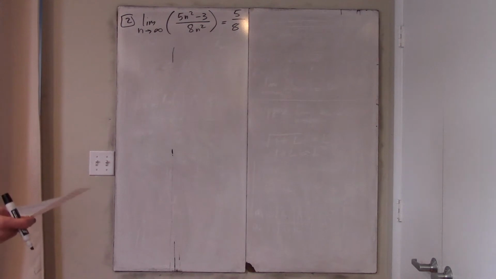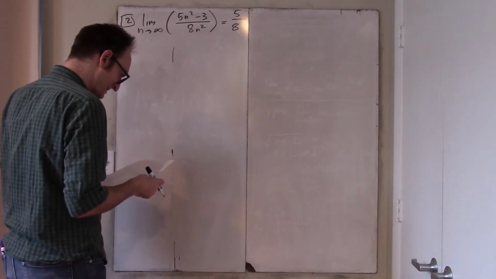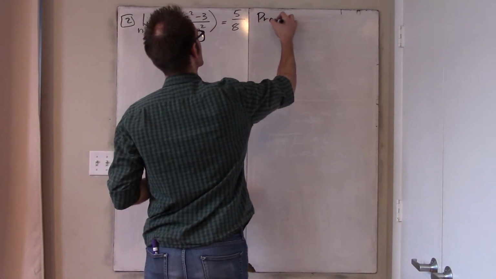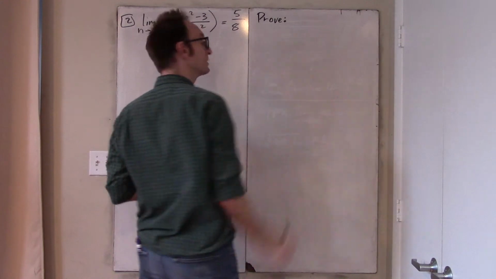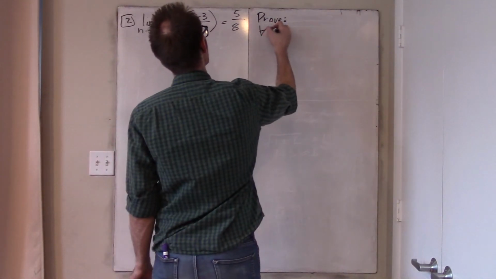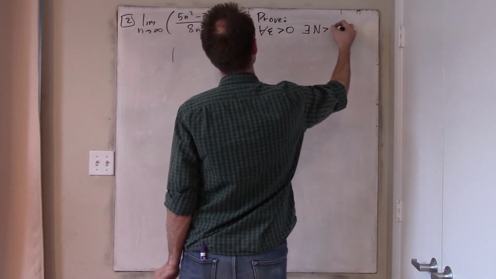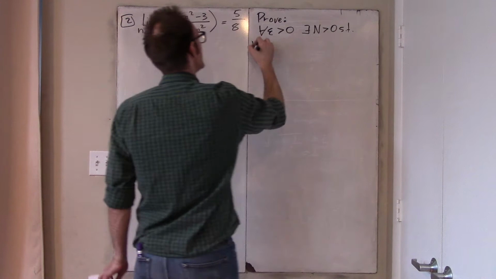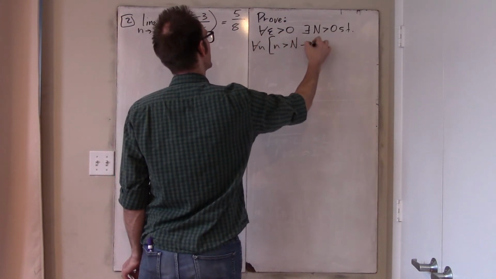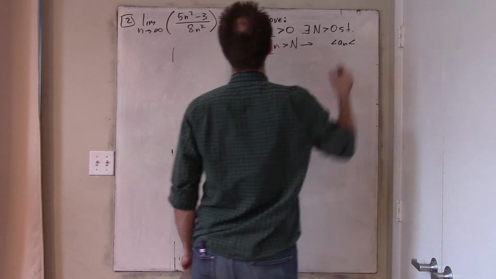Okay, so all right, let's go. This is what I want to prove, so maybe this time I'll just write it out right away. What is it that I am trying to prove? Well, using the epsilon-N definition of a limit, what I need to prove is, for all possible epsilon greater than 0, there exists a big N greater than 0, such that for all little n, if n is greater than big N, then the nth term of this sequence is between